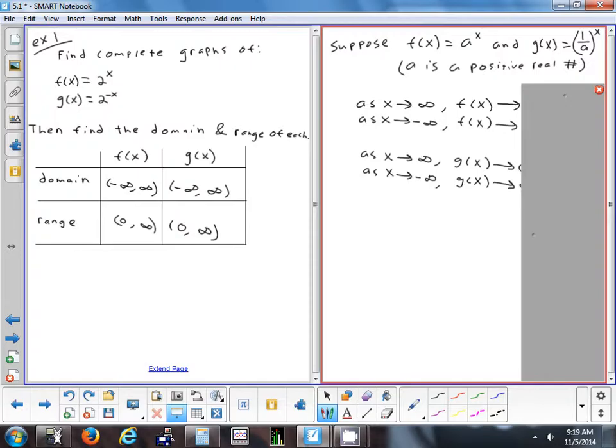What's happening to y? It's approaching 0. So if we're looking at, let's see, f of x, as x gets bigger,